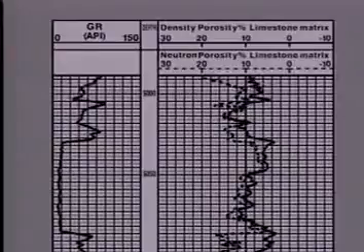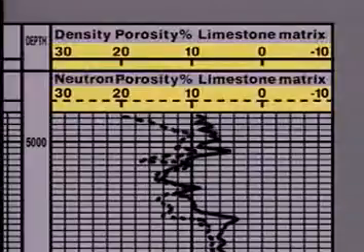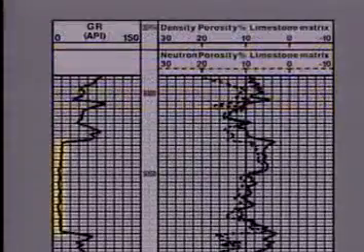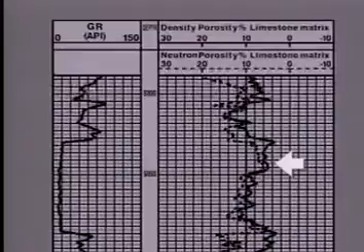Now, let's examine porosity determination from the combination neutron density log run over a West Texas carbonate. Both curves were run on a limestone porosity index with a scale from 0 to 30%. First, note the clean carbonate formation established by the low gamma ray reading, from here to here. The dashed neutron curve here closely matches the density porosity curve, thus indicating a limestone lithology, and the apparent porosity